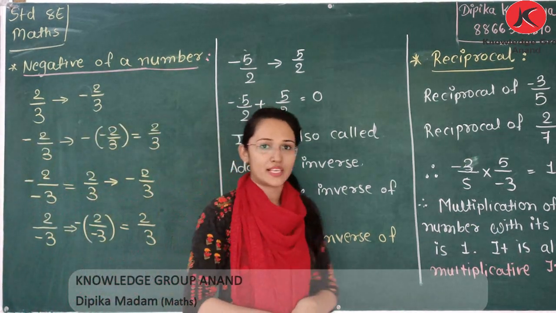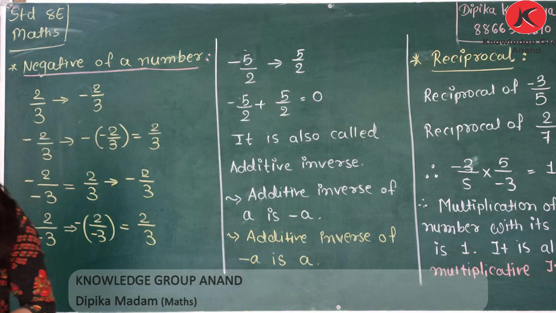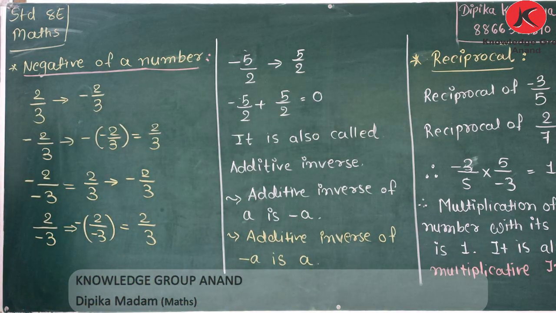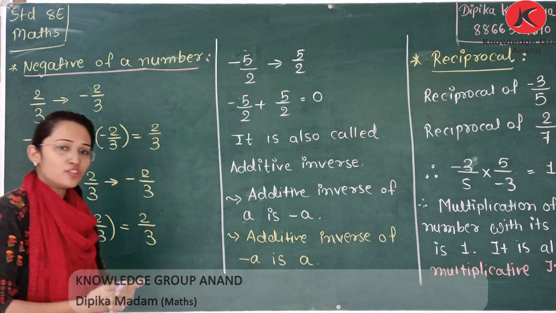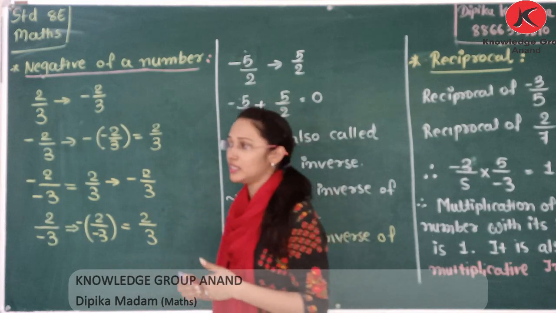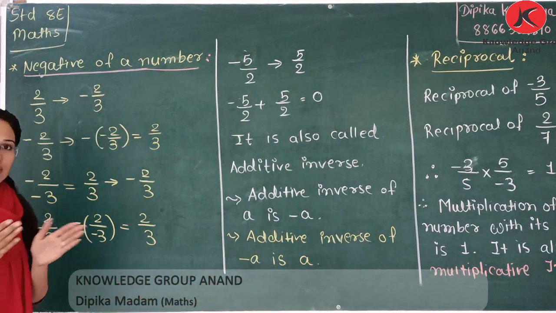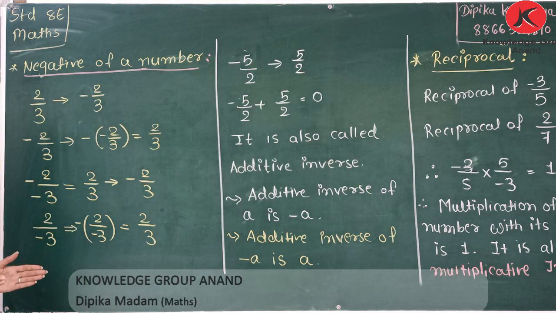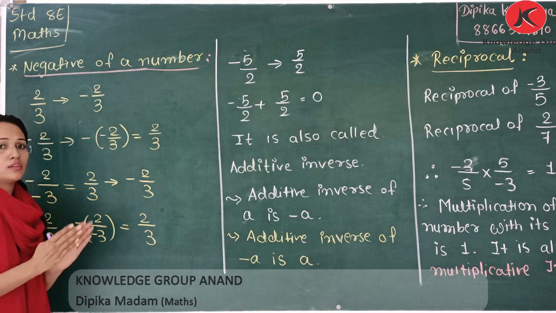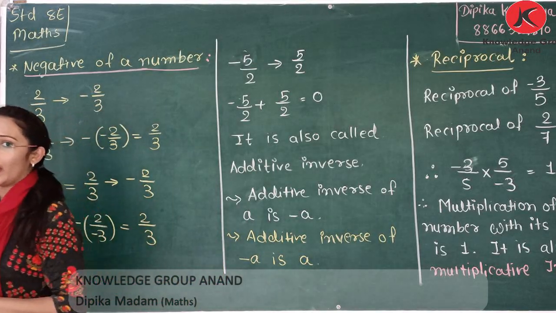We learn some example related to commutative property and associative property. We already learned role of 0 and role of 1. It means if we add 0 in rational number, we get the same rational number, and if we multiply 1 in a rational number, we get the same rational number. It means 0 is additive and 1 is a multiplicative identity.